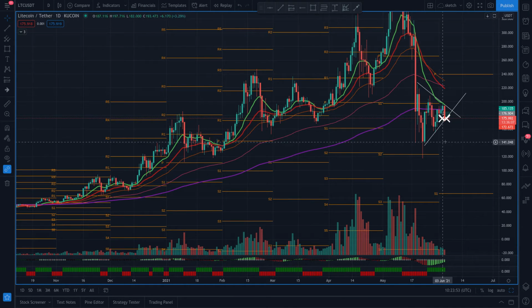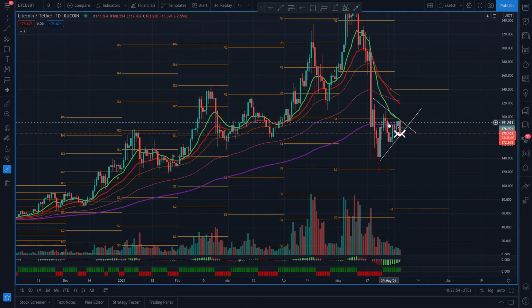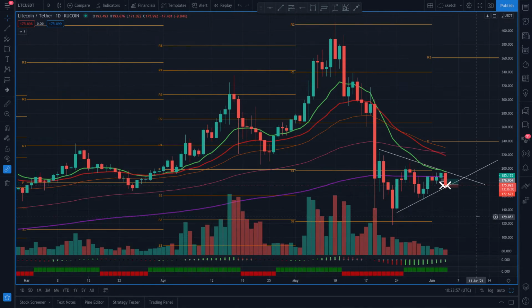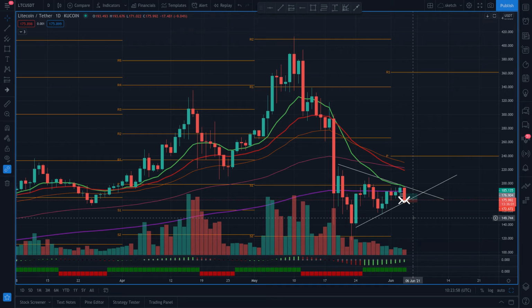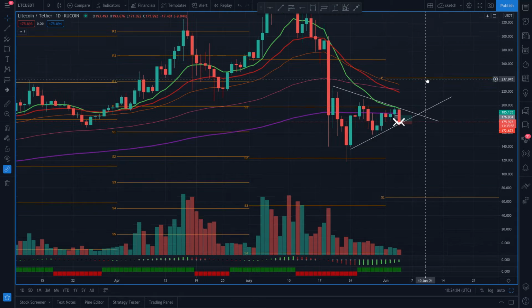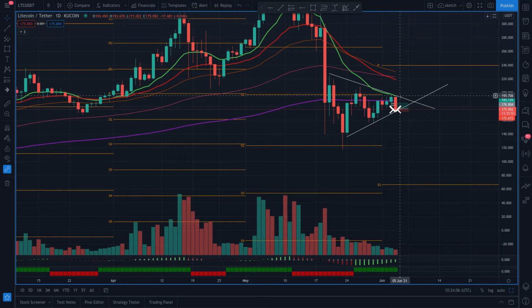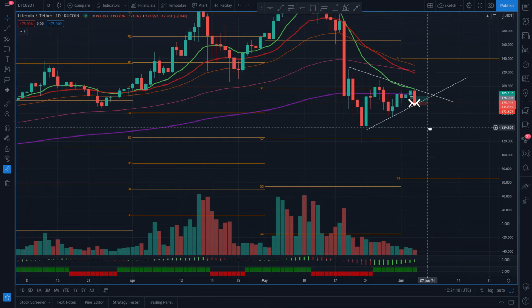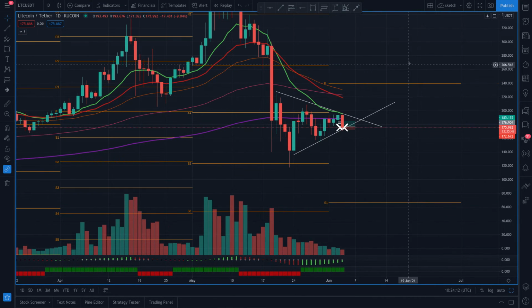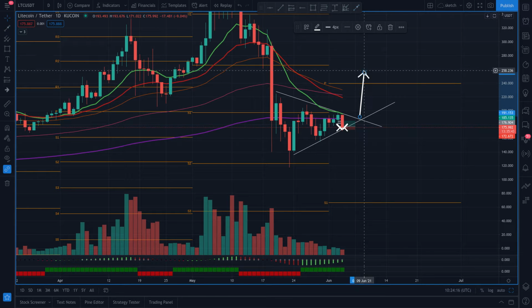Obviously, as we head towards the point of decision making, aka the intersection point over here, everyone should be more cautious. Try not to enter as we get closer, because we're running out of space. Because at this intersection point, it can either go up